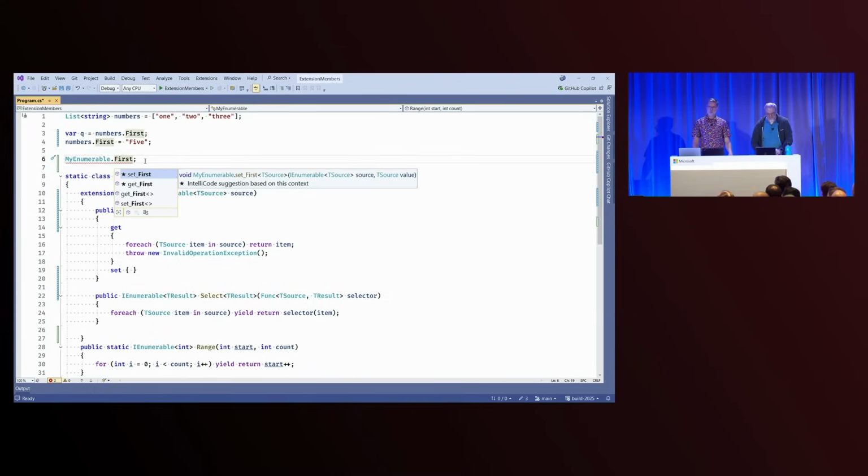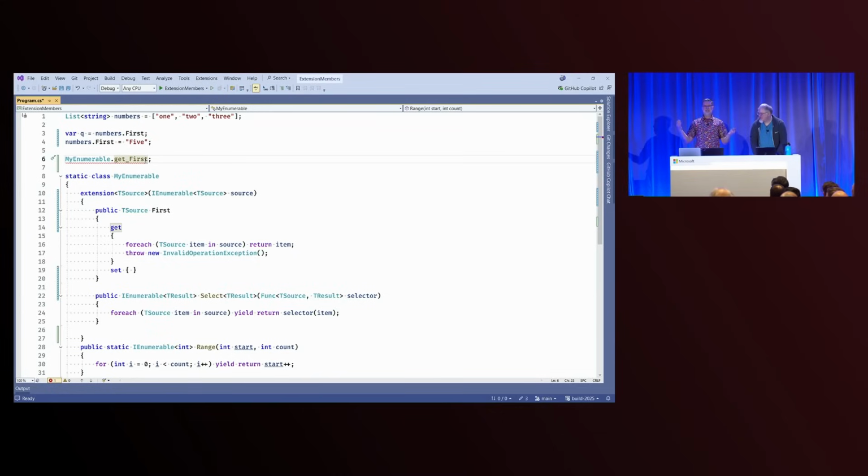When they're extension properties, we put these methods out because that's much easier. Any actual dedicated disambiguation syntax we could come up with was at least as ugly as that, so we're just going to give you the built-in ugly. They were less ugly, but they had weirdness. Just wait till we do operators. They'll get ugly. I can now call this and pass in my receiver parameter because I've turned it into a method, and that method has the TSource parameter on it. So that's how we disambiguate properties.